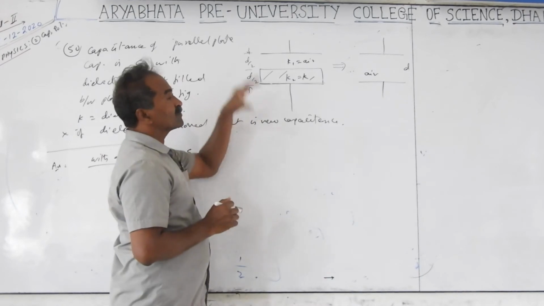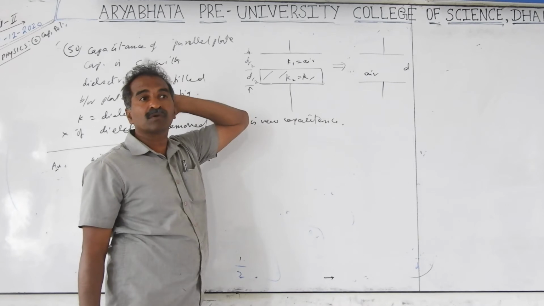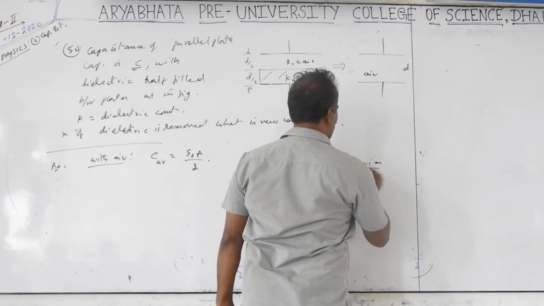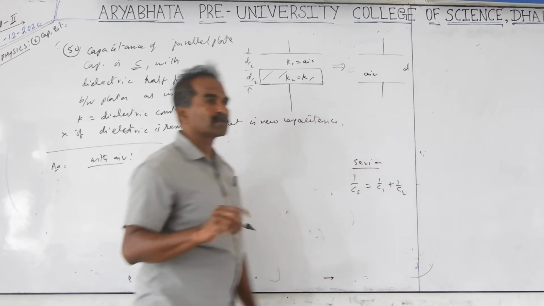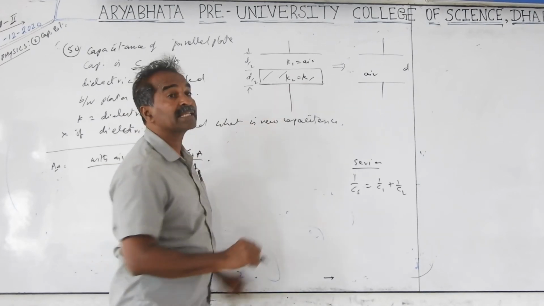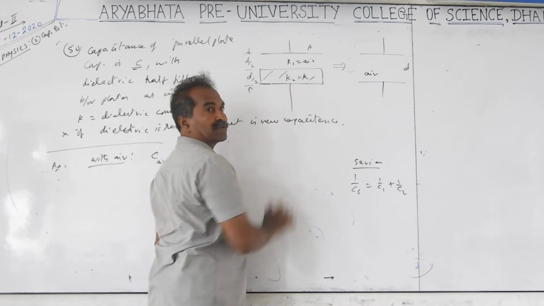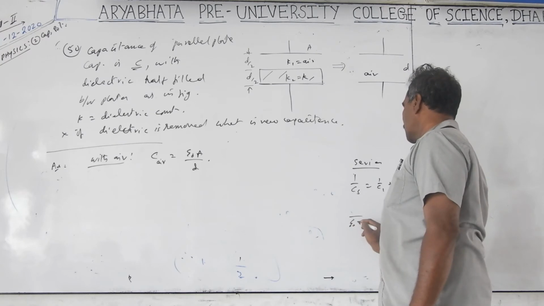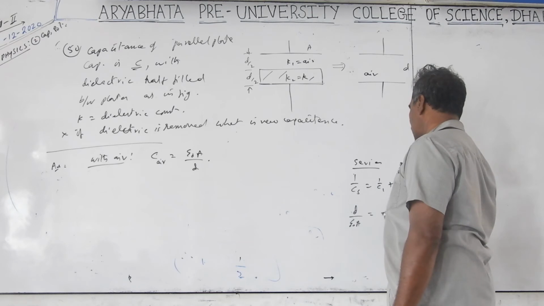Okay, that is series. We can imagine this as two capacitors in series also. For this combination, 1 by C series equals 1 by C1 plus 1 by C2, with C equal to epsilon A by D. What is the same here is the area. In a series combination the area is constant, only the distance is different. So the relation I get is C series equals epsilon naught A by D, the resultant total, equals epsilon naught A by D1 into K.